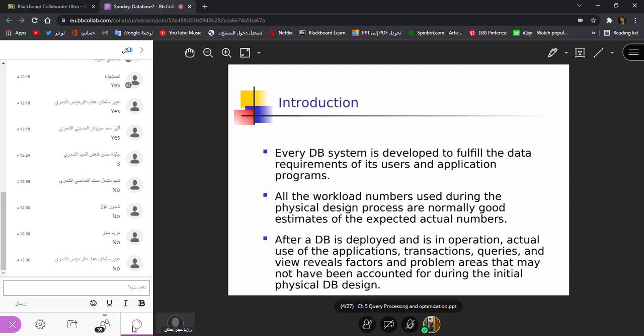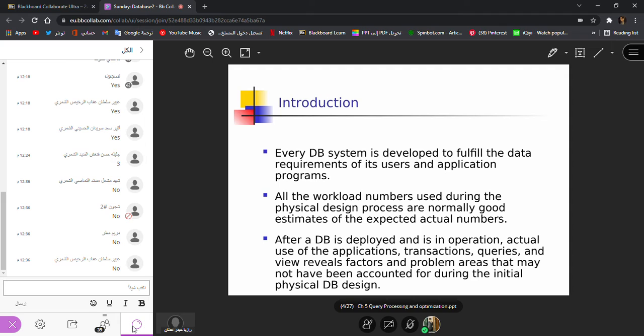But when we are planning to make this database, before that, you have to make a design of that database. When you are planning and designing this database before the implementation, you make the physical design and logical design, if you remember in chapter 1. Physical design means how you will store the data, what kind of data structures you will use, and how you will store the data on the disk. This is all about that.